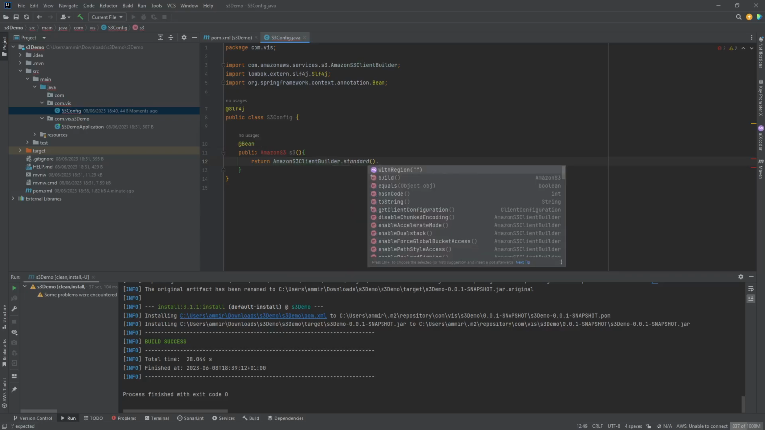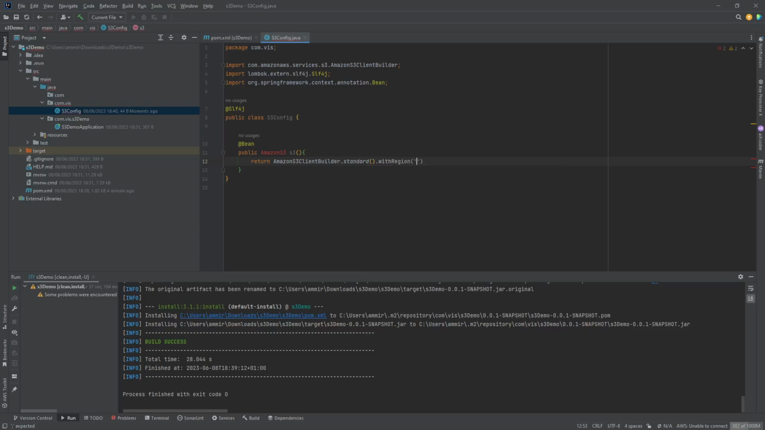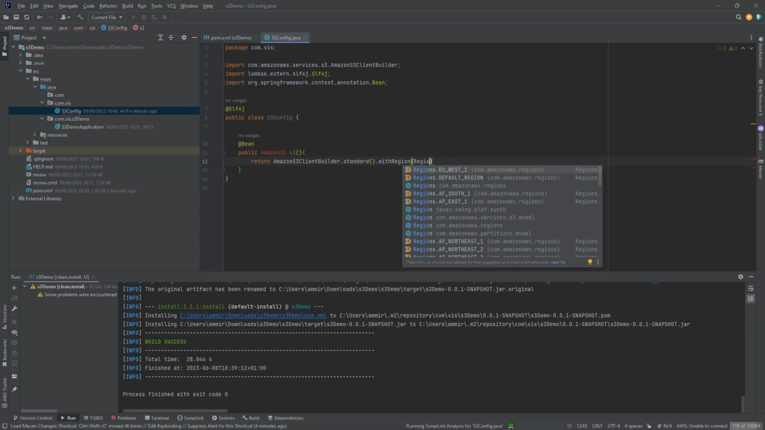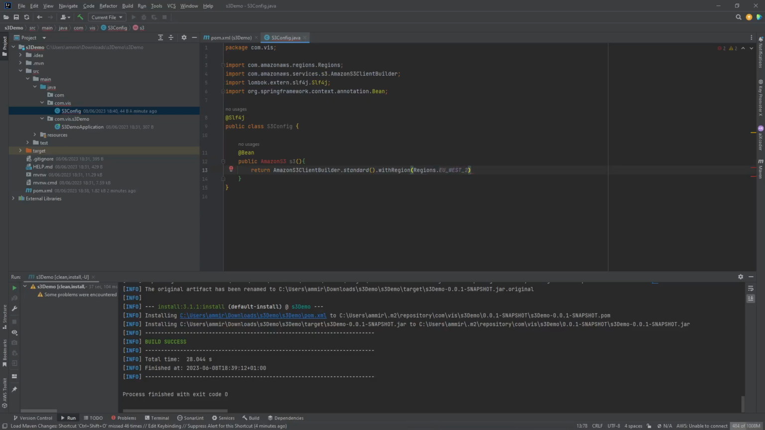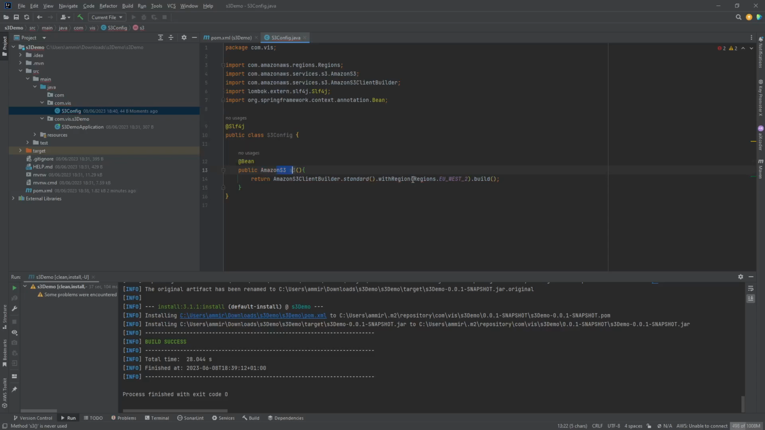And the reason that I'm interested is because, as in the theory session, what we have seen is it is going to be specific for a particular region. I'm interested in EU, which points to the London region. So I want to build my client for that. So once this is done, this is the only code change that we want in order to make our S3 configuration